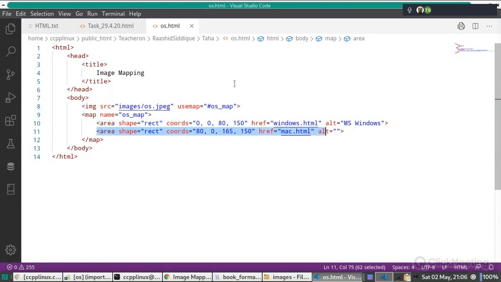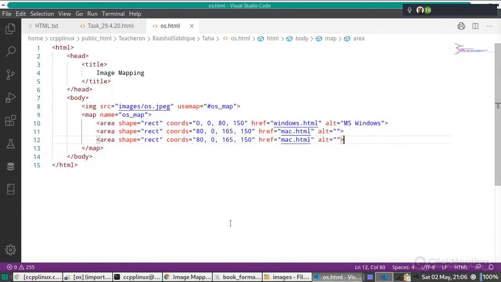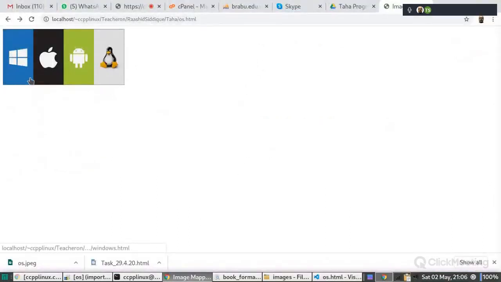Then the next one is for the Android. So here for Android, just see this pattern. Initially it was 0, then it was 80. So now I think it should be 160 because every block is an equal block. So 160 is the x coordinate, right? Yeah. Yes. So because this was 0, then this was 80, then we can say this is 160. Roughly, I'm just adding 80 plus 80 plus 80 like this.